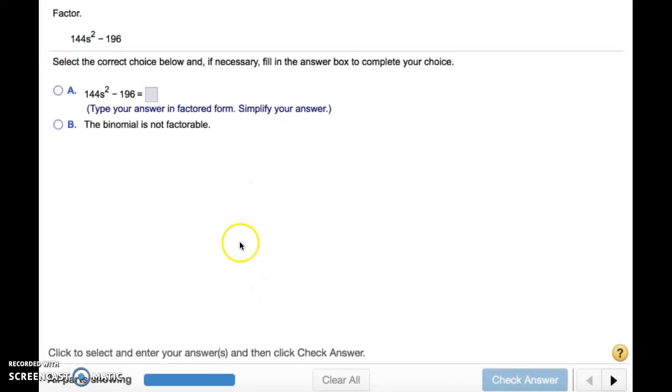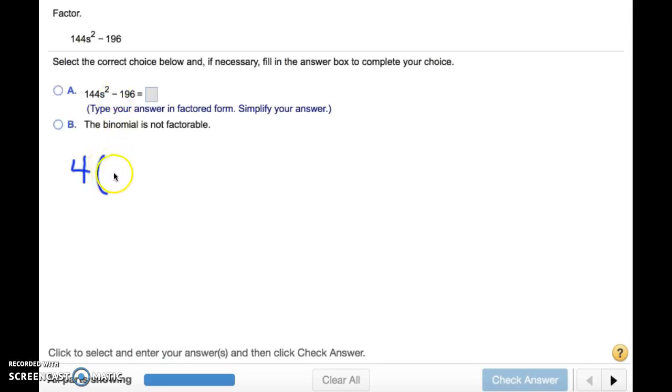In this fifth and final lesson, we're going to look at factoring some more binomials. Right, and we did this at the very beginning. We pulled out the greatest common factor. So if I look at 144s squared and 196, I know that they're both even. And with a little bit more investigating, I know that they are both divisible by 4. So if I factor out a 4